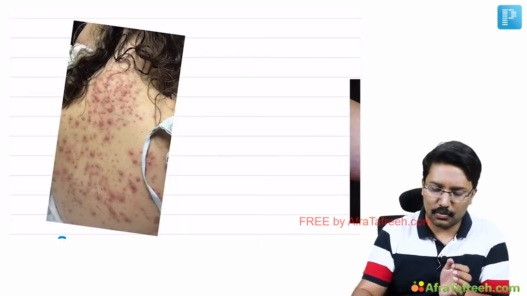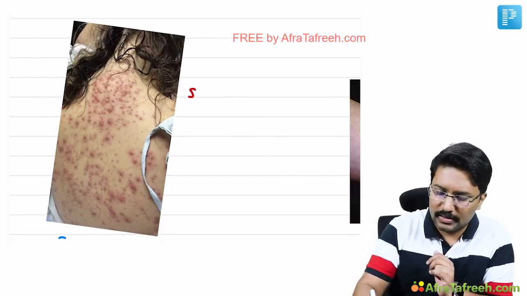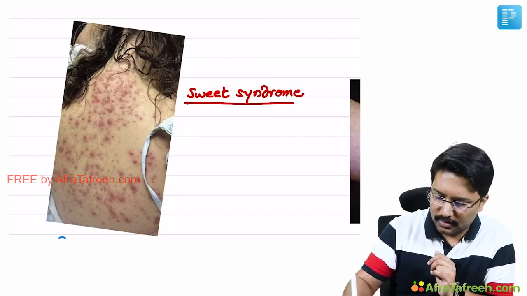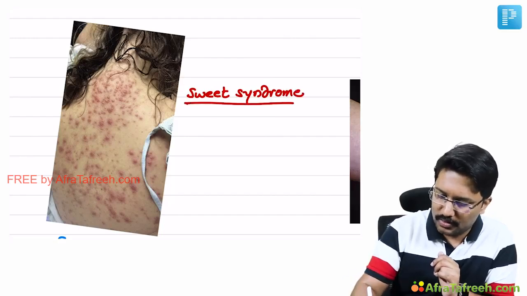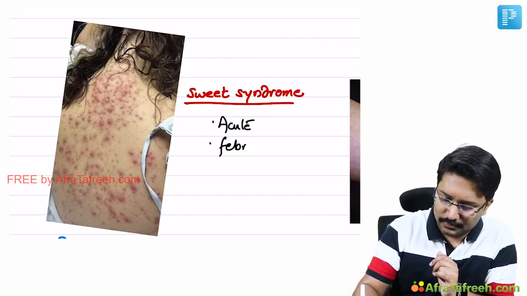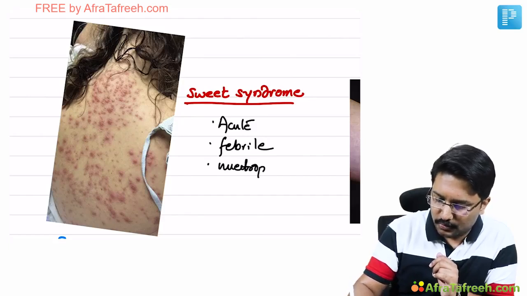The second thing I want you to note is, what do we see here? Something similar to acne looking, right? Now, this is what I call Sweet syndrome. What is Sweet syndrome? Sweet syndrome is an acute, right? The words to note: acute febrile neutrophilic dermatosis, right? Acute febrile neutrophilic dermatosis,